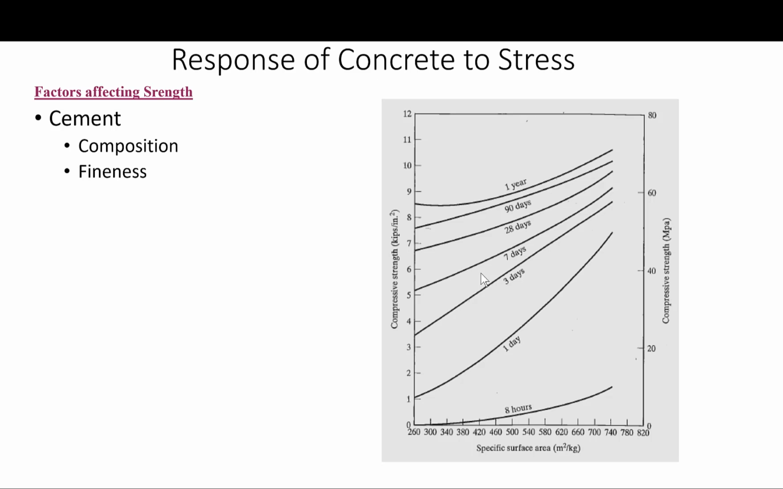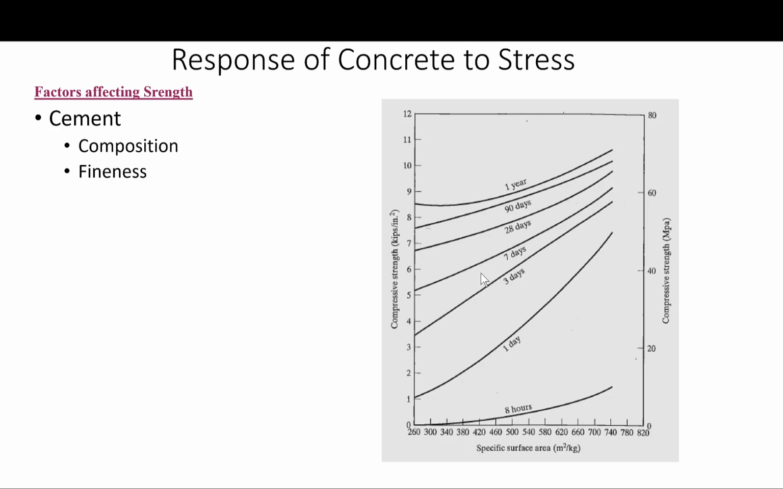Also, the effect of cement fineness on the strength of concrete is considerable, since the rate of hydration increases with the increase in fineness, which leads to a higher rate of strength gain, as stated before. So typically the maximum particle size in cement, as we said, is about 50 microns, with